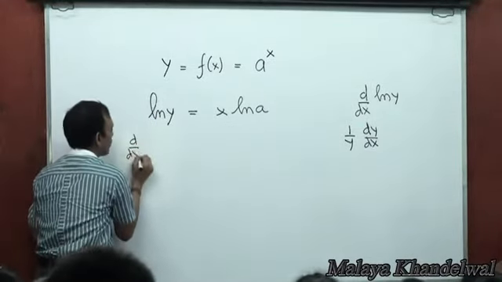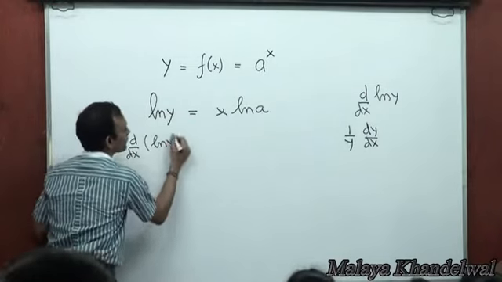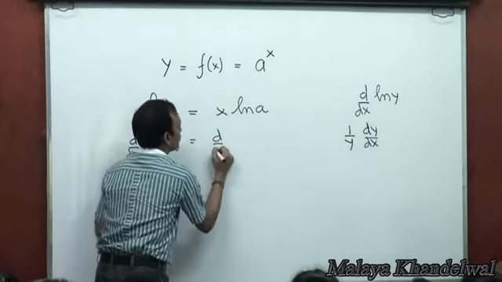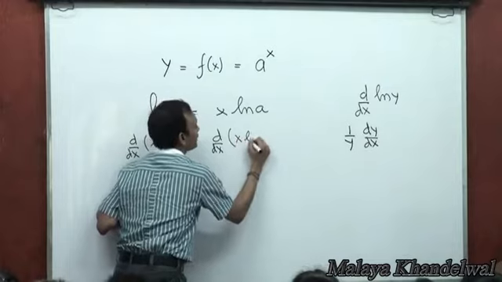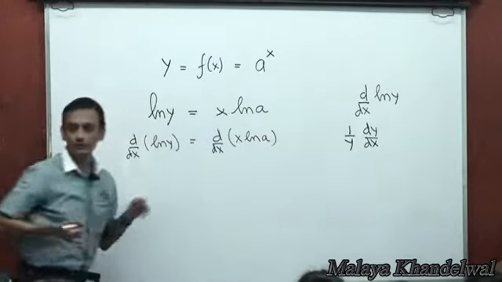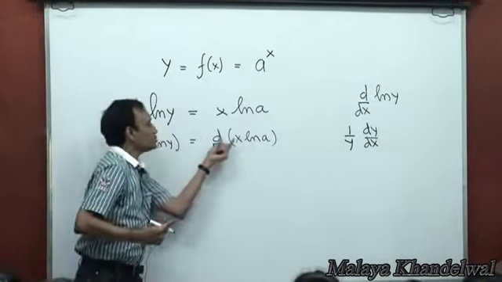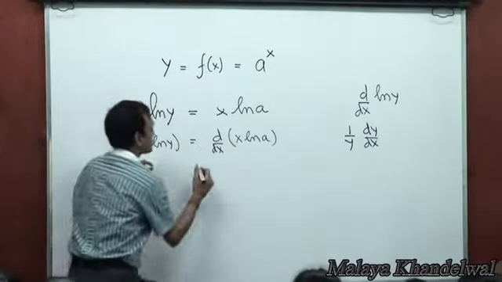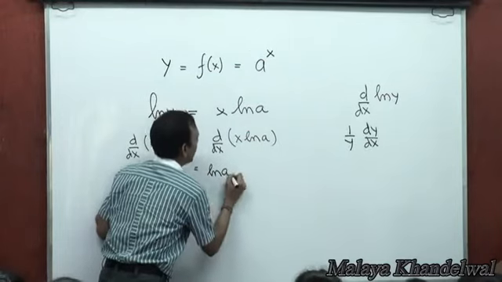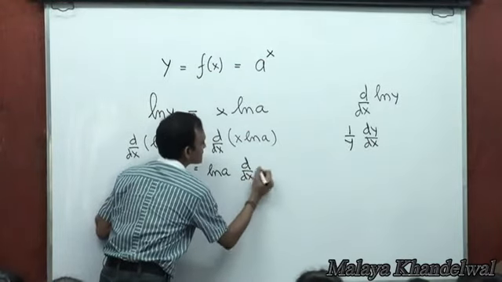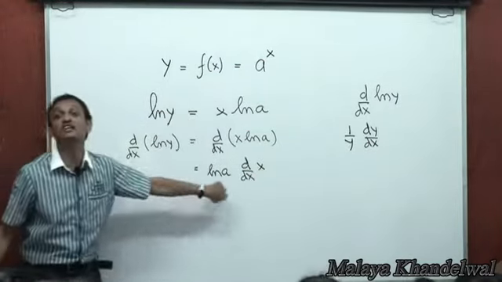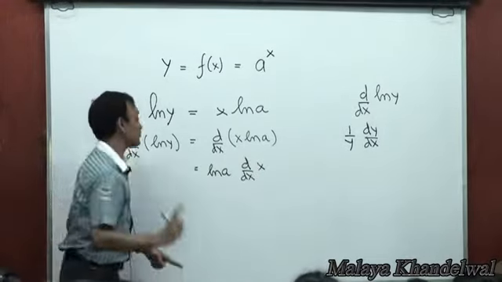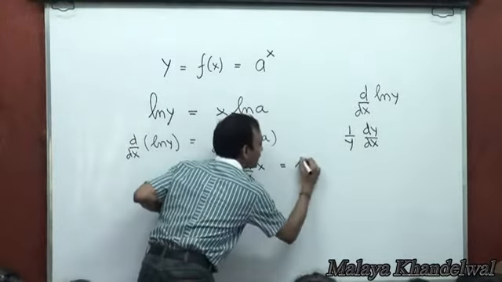So d/dx of log y is d/dx of x ln a. Now ln a jumps out of the derivative sign. Why? Because ln a is a constant. So ln a times d/dx of x. But what's d/dx of x? 1. d/dx of x is 1. So this becomes ln a,